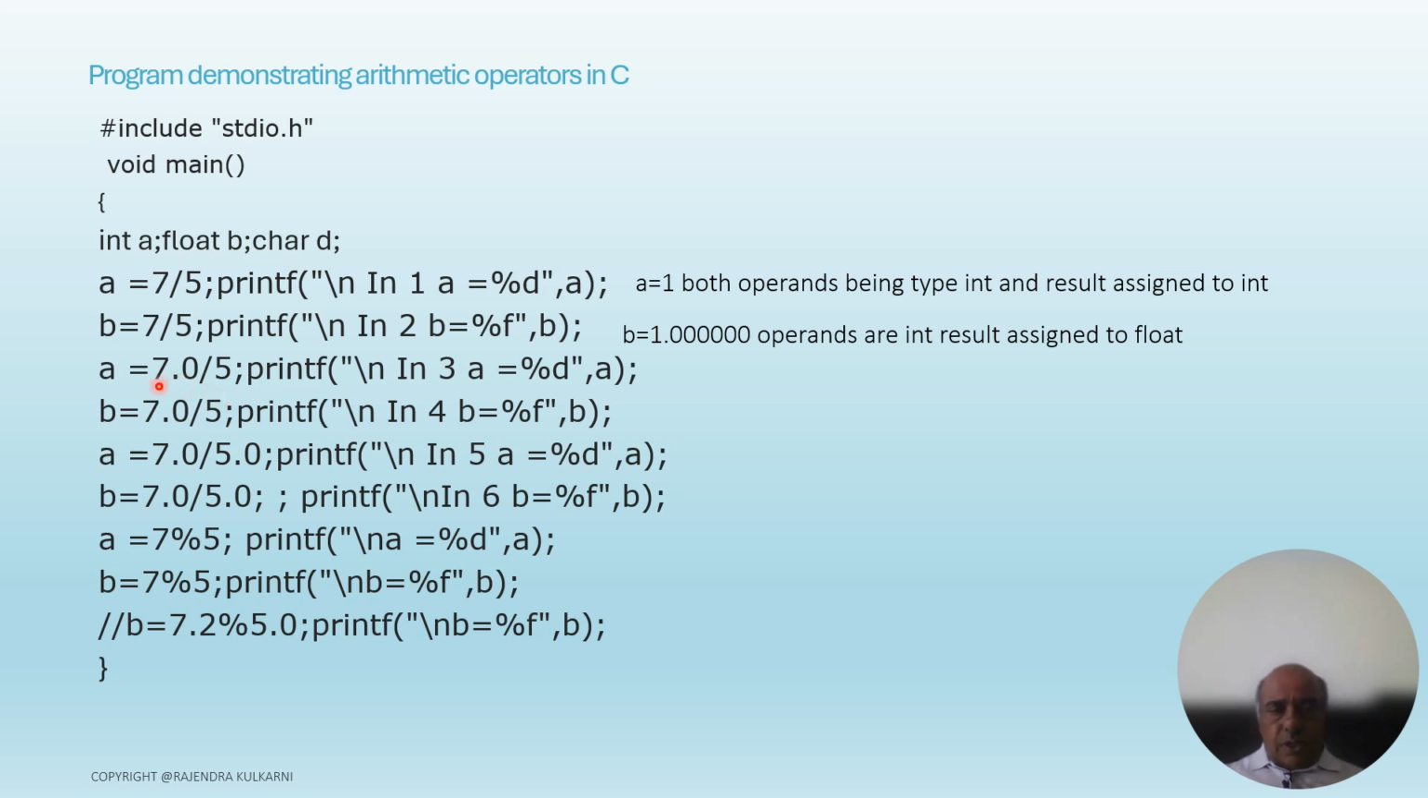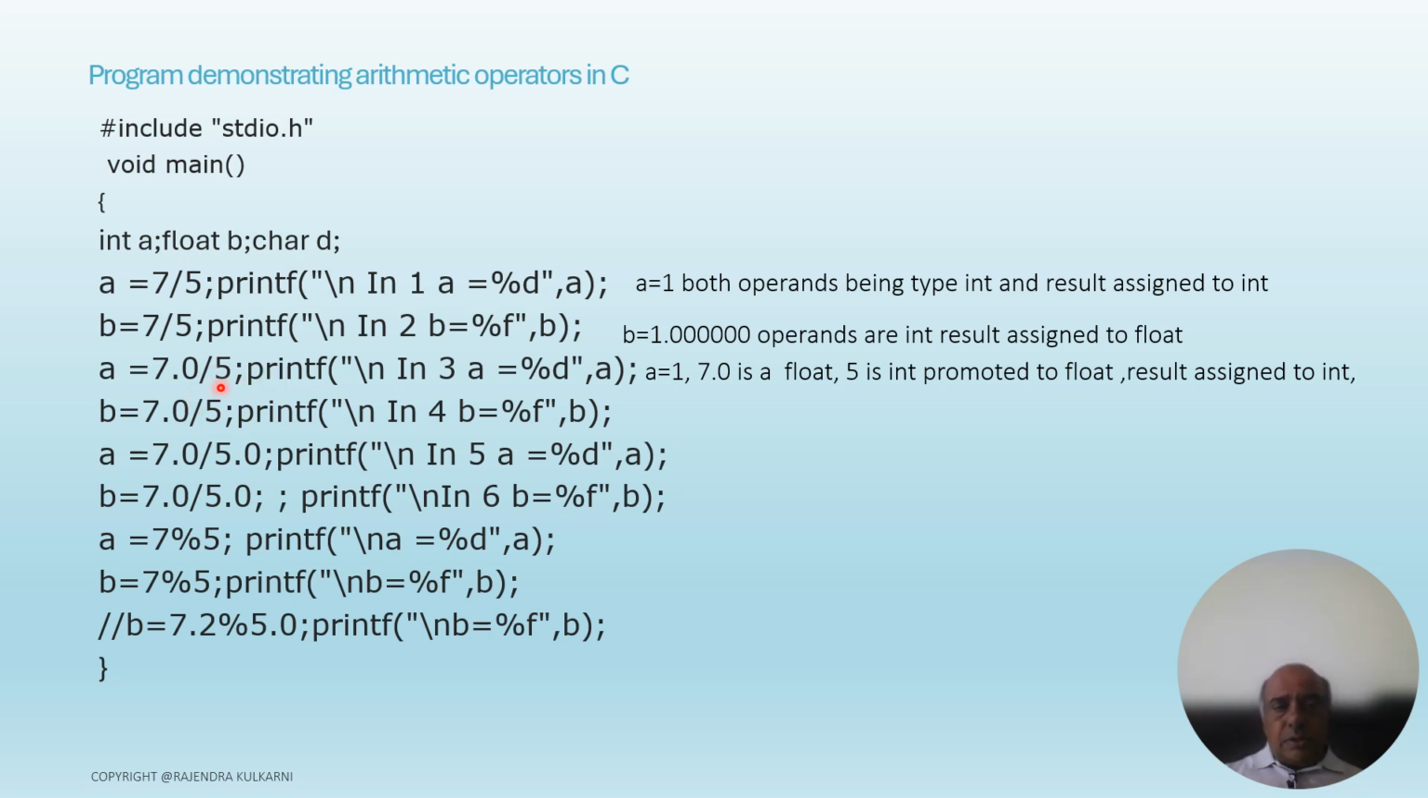Since out of these two operands 7.0 and 5, 7.0 will be treated as a constant of type float by the compiler, and the output will be 1 again, a is equal to 1. Actually the division will evaluate to 1.4